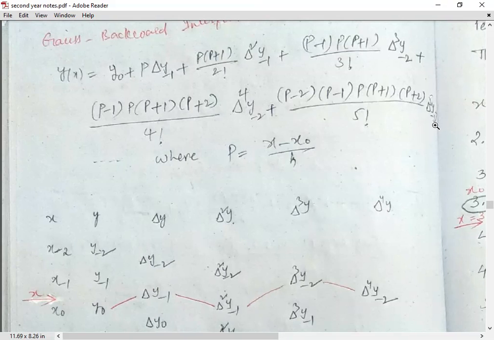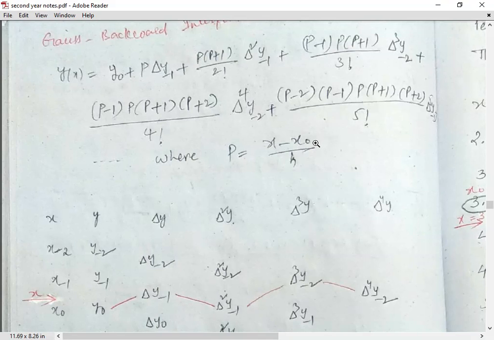If you want to write the next term, the term p minus 2, p minus 1, p plus 1, p plus 2 will be repeated. In addition to it, we get one more term, that is p plus 3 by 6 factorial delta power 6 y minus 3 plus and so on. We should always consider these interpolation formulas up to the last difference in the difference table. Whenever the last difference values are very small values, then we can omit them for our convenience. So in both Gauss forward and backward formulas, p is obtained as x minus x naught by h only.